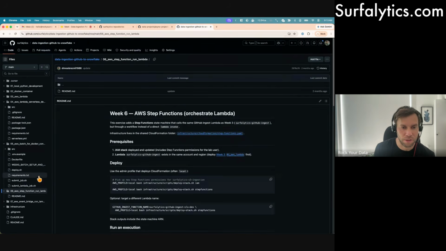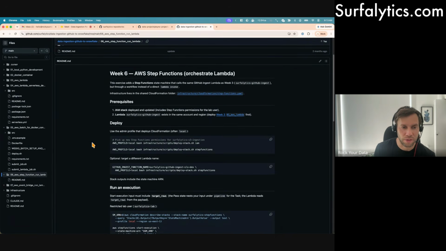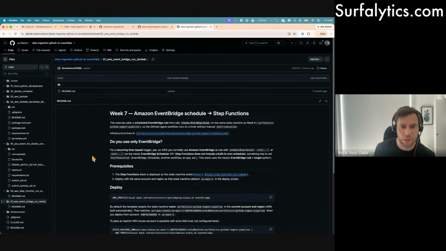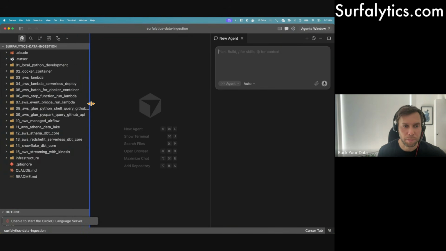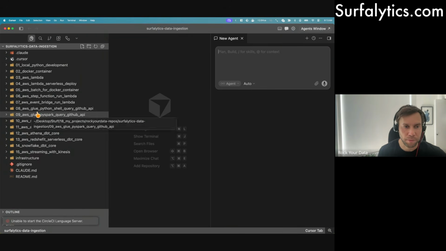Then we use Step Functions to orchestrate everything. And we also use EventBridge as a scheduler. So now we can keep going. We finished those 7. According to the plan, the next step will be to take our Python code and run it with the